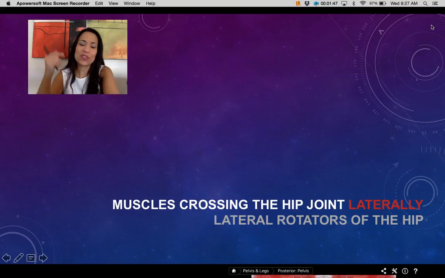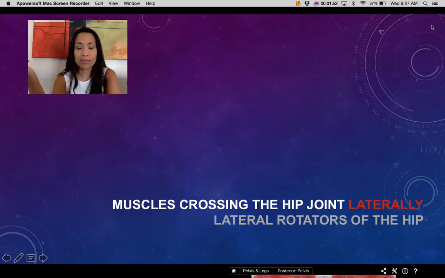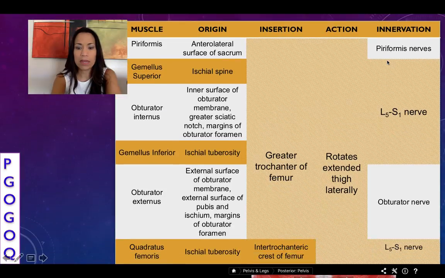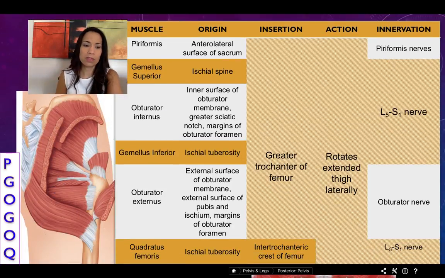Second group of muscles of today's class are the lateral rotators of the hip. The name is screaming the action for you, right? So they lateral rotate the hip. All of these muscles, let me show you. We have 6 muscles. My mnemonic to remember these muscles is